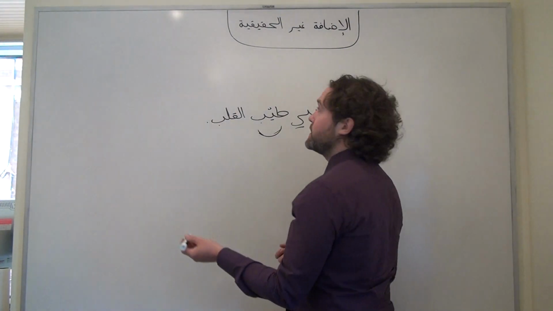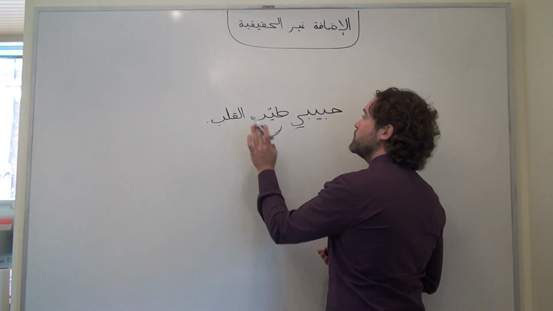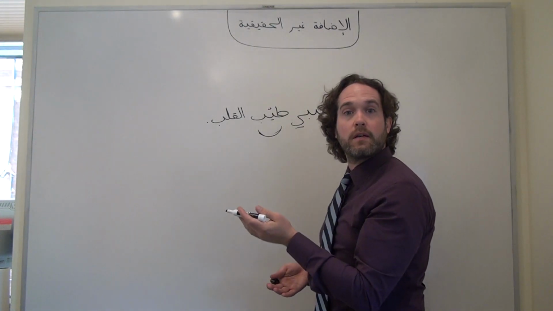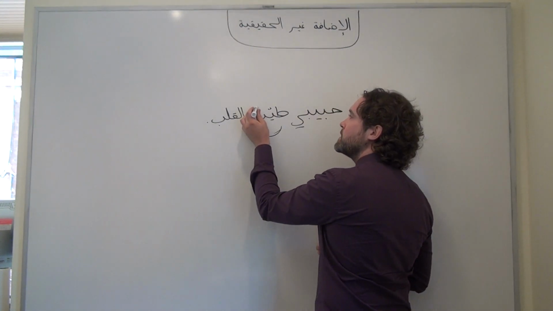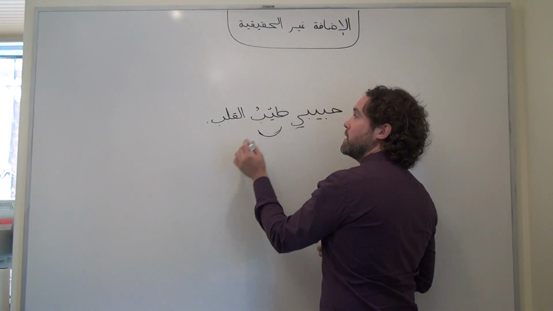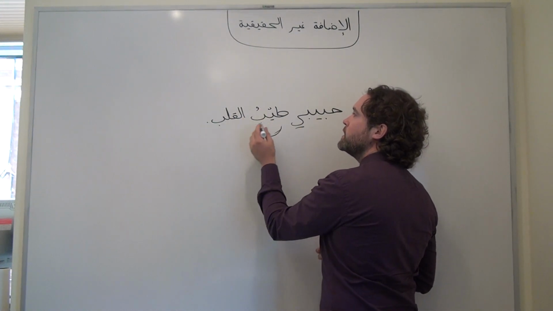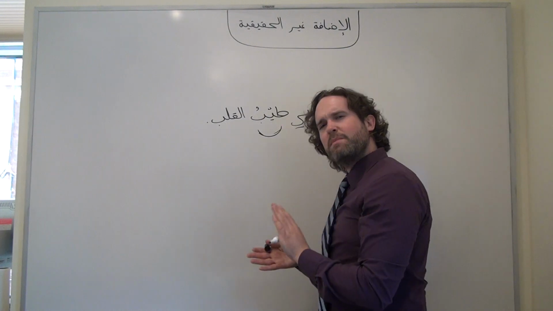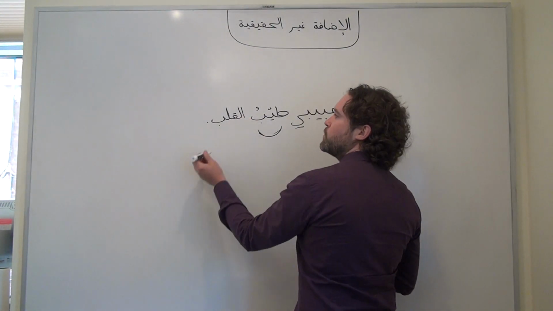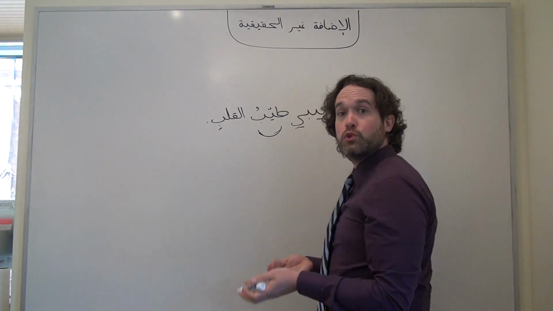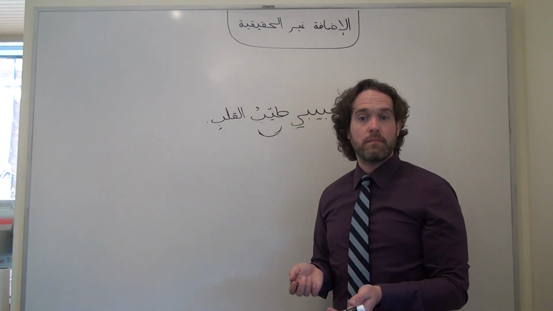If we were going to fully vocalize it, the first noun would take whatever i'rab it needed to, but on the basis of the sentence, and here it would just be the beginning of a khabar, so it would be marfu'a, tayyibu, and it wouldn't take tanween because it's the first word of the idafa, and then the second word of the idafa would be majroor, as it always is.